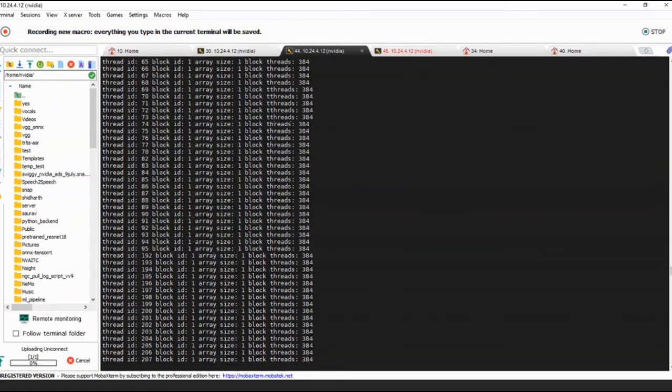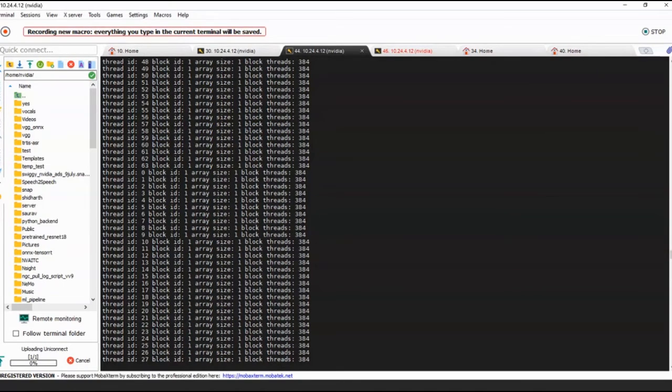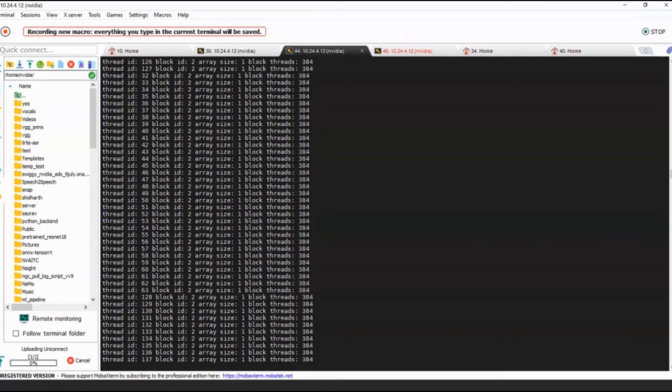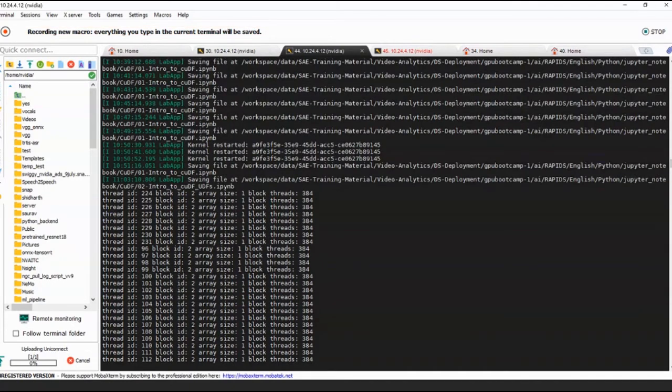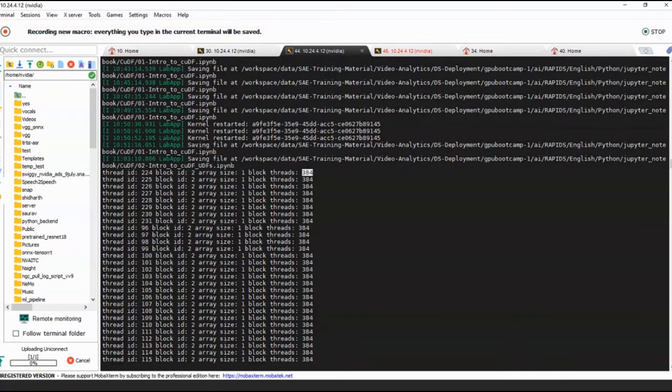Yeah, so as you can see here, I've already come to block ID 2. And I don't see block ID 3, right? Because my number of blocks per thread was 384. I've already crossed my limit, and there are already a couple of threads which are of no use. So my last block number is basically 231 over here, right?